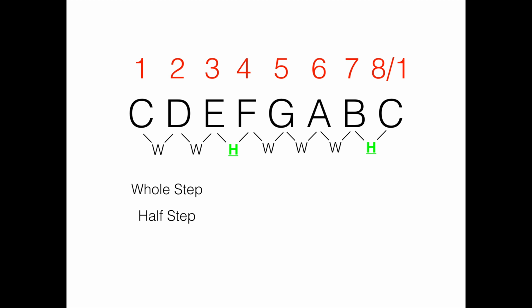This could be something like, what is the interval in a major scale between scale degrees 3 and 4? The answer would be a half step. What is the interval between scale degrees 5 and 6? That would be a whole step. You can do the same with the letter names themselves. For instance, what is the interval between C and D? The answer, a whole step. What is the interval between E and F? A half step. Be sure to memorize the C major scale along with our analysis before continuing on with part